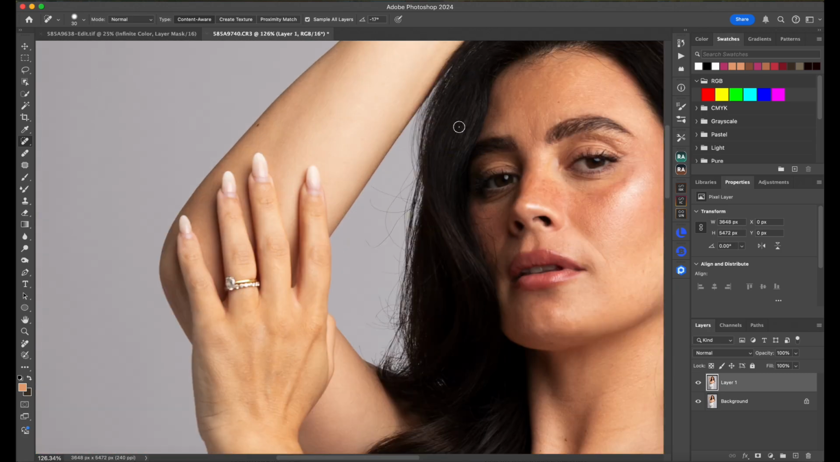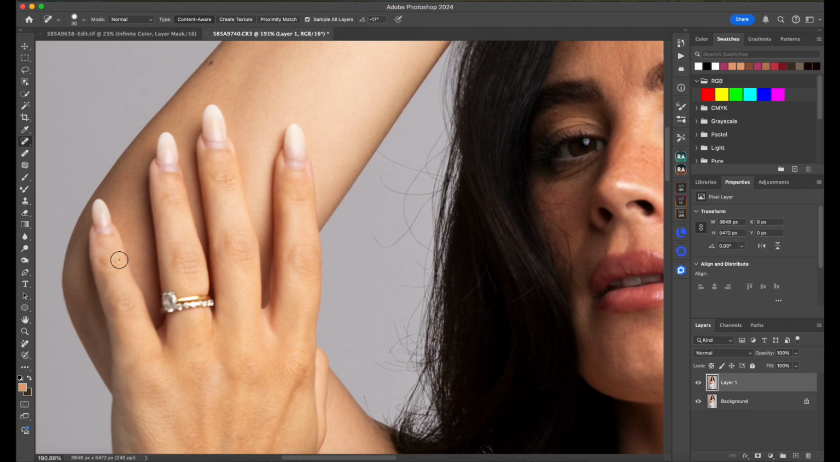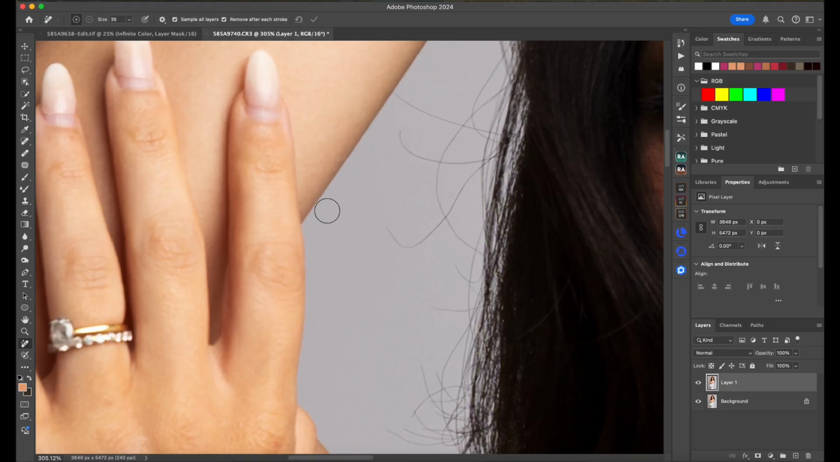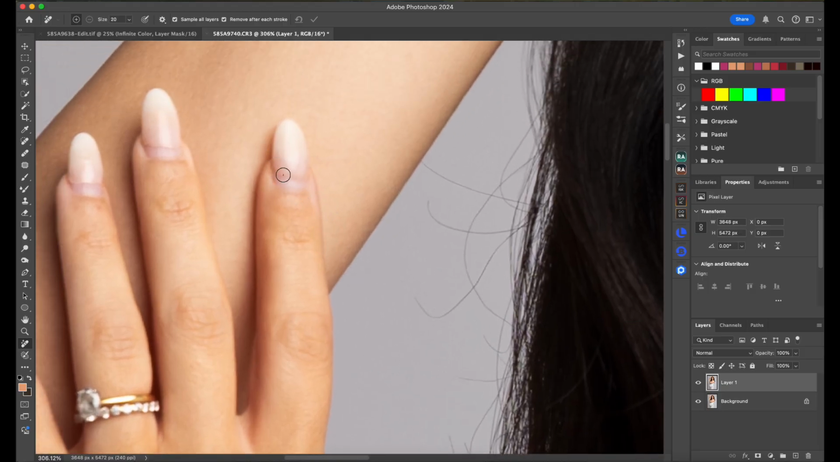My model has really gorgeous nails, but they have grown out a bit, so I will go to this new healing brush tool. I actually am really enjoying this. I'm using this quite a lot. And then I will make this a bit smaller and just go over these grown out edges. And as you can see, it doesn't